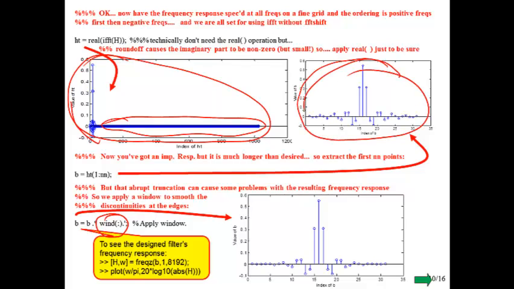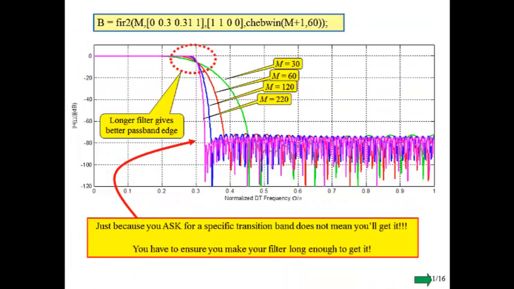Well, actually this is pre-windowing, and then this is post-windowing. And then those are our coefficients for our FIR filter design. And so here are some things that would be designed with that. I'm designing a low pass filter with a 0.3 pass band and a 0.31 stop band start, and I'm using